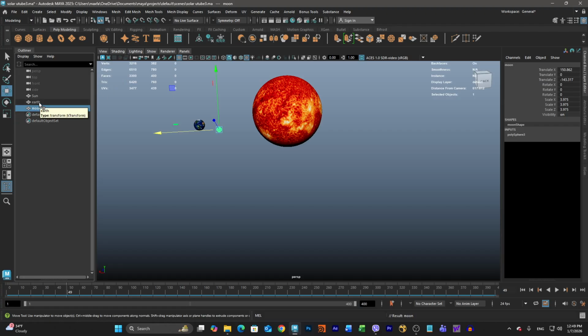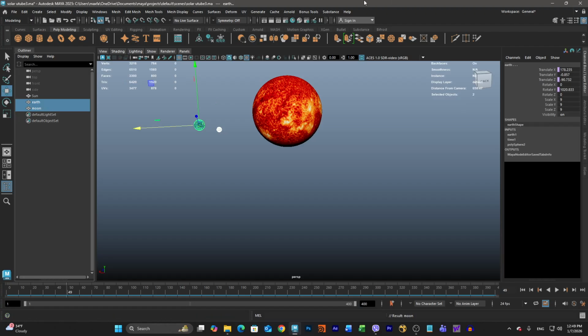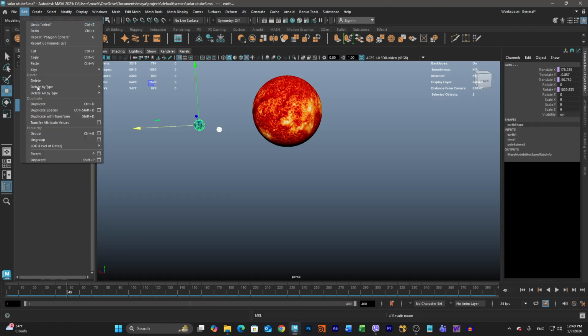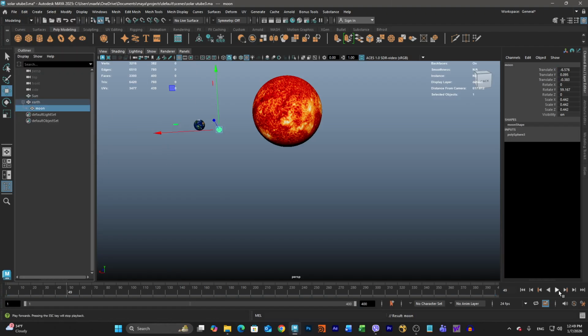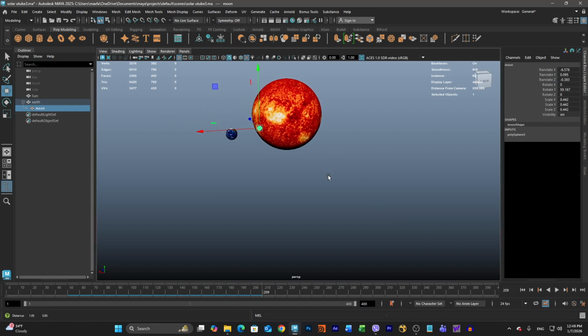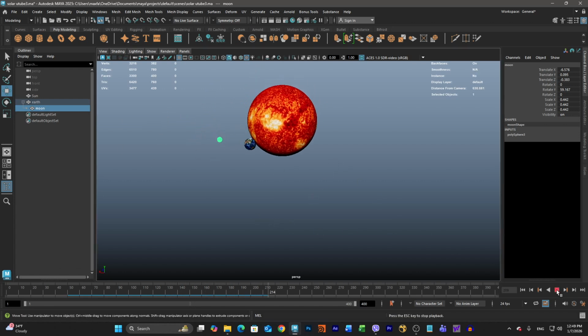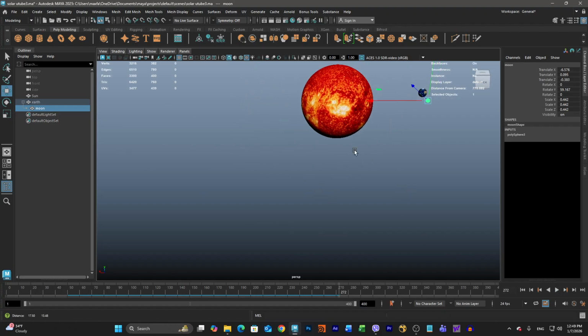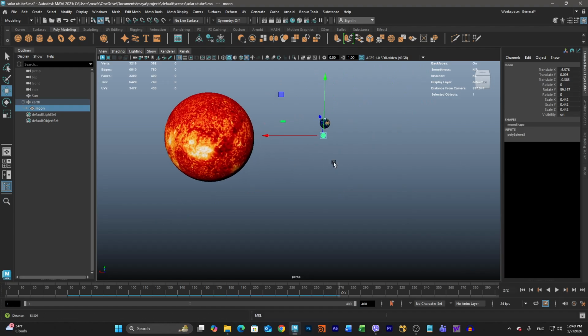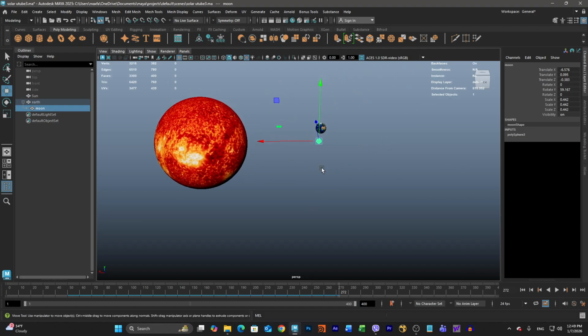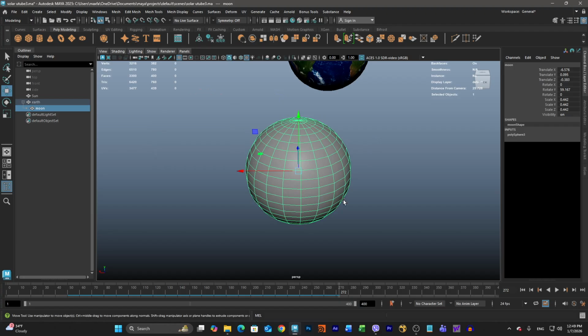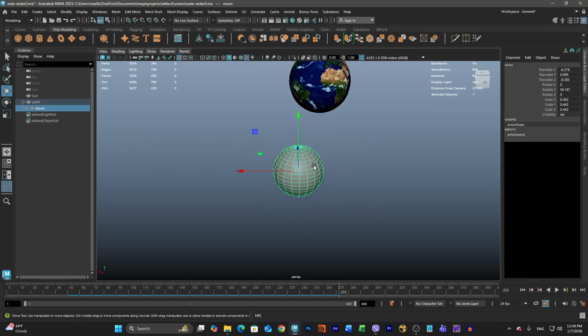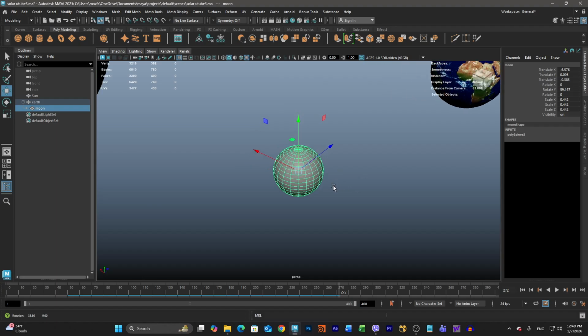Select the moon and then shift select our Earth. Go to Edit, Parent. Now our moon is parented to the Earth, okay? It's rotating. If we just zoom in, we can't see whether it's rotating or not. To see if it's rotating,